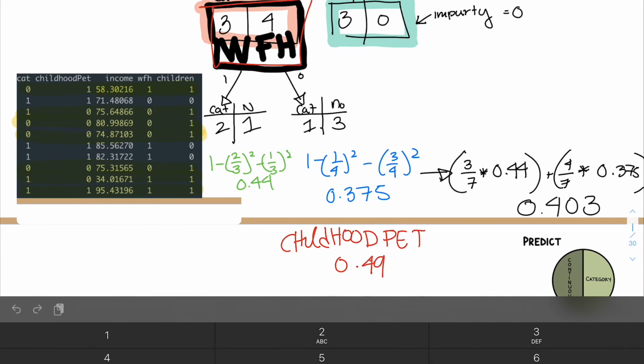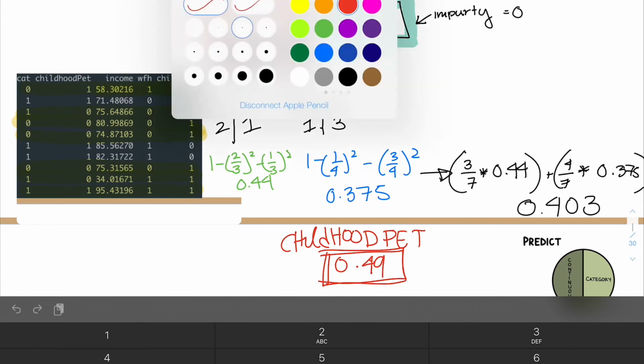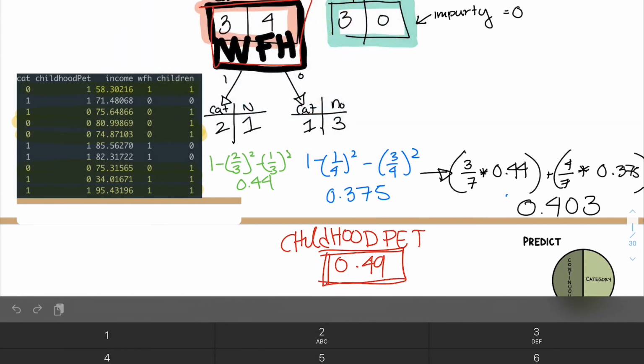Okay, so we have essentially 3 options. We have childhood pet here, which will end up with an impurity of 0.49. We have, let's change color, 0.403, excuse me, which is what happens when we put the work from home